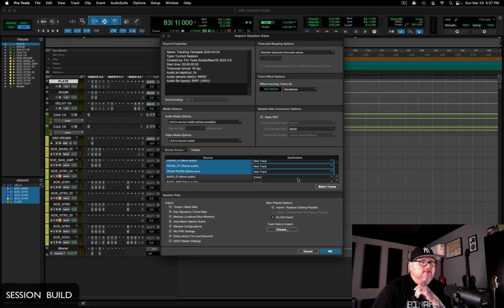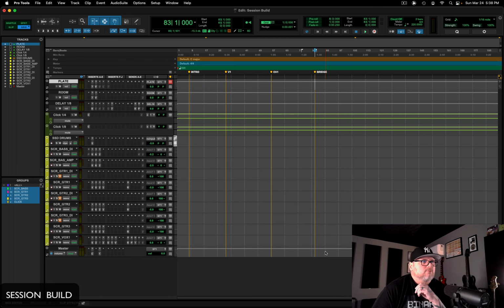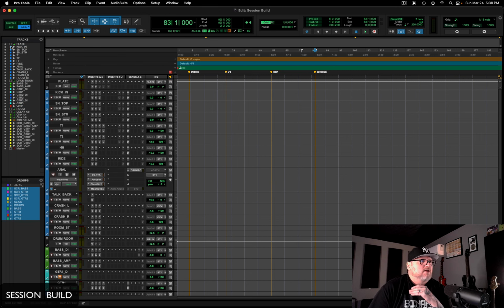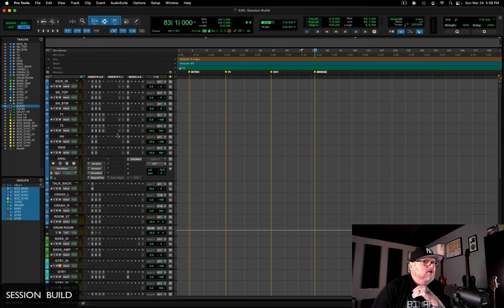my drum room, and then we'll bring in our bass as well, just so it's there when we're ready for it. Do 3 guitars like we did in the pre-production. Scroll down here and do the vocals and hit import. And then I just have to bring this effects down here. So at the top of my